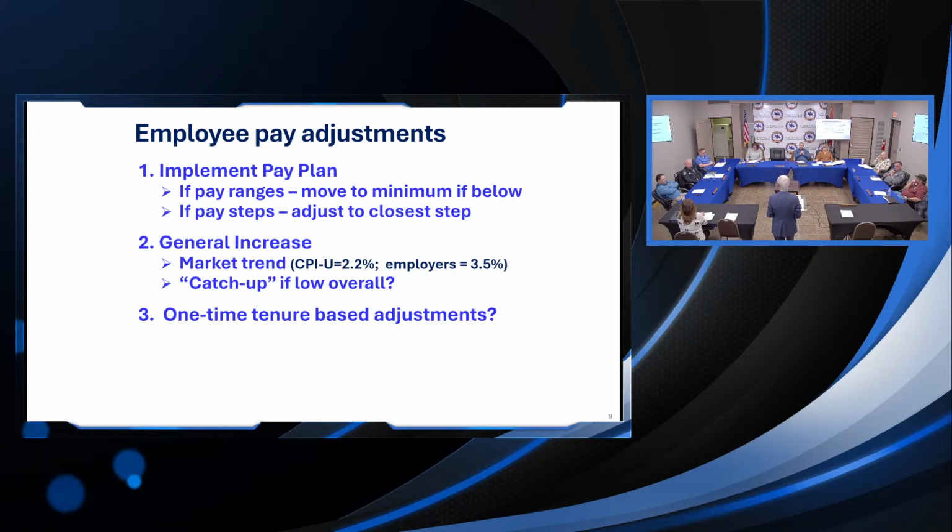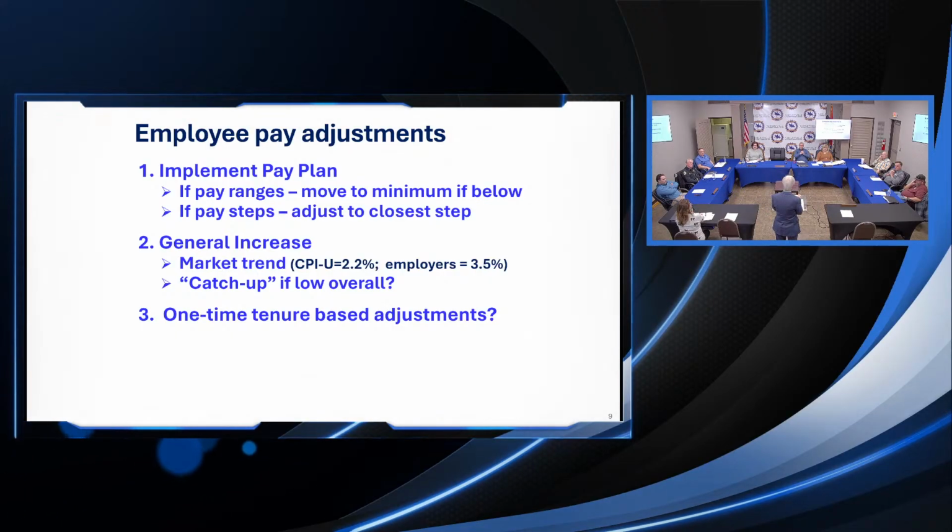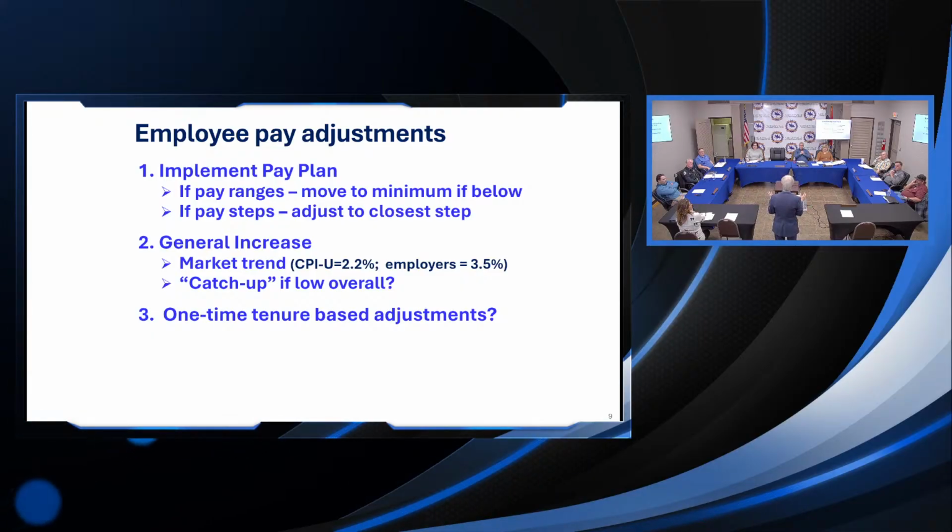Then sometimes we'll work with the client to develop a scheme for a one-time tenure adjustment. Oftentimes when we do these, it's become apparent that over time the relationship between pay and time in job has been eroded, so that people who were hired last month are making about the same as somebody who was hired 3 years ago. That's a problem. For most people, that's a problem. So we usually come up with some sort of scheme where we spread people out a little bit based on tenure. This is intended to be a one-time adjustment. Once we get it right, we don't have to come back anymore. From then on, the 3.5%, whatever we're doing, should take care of everything.